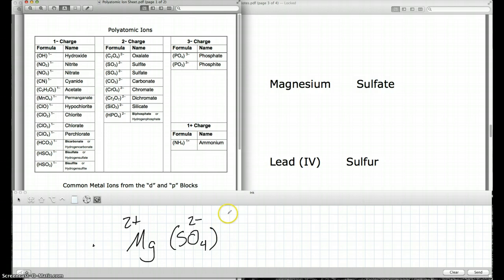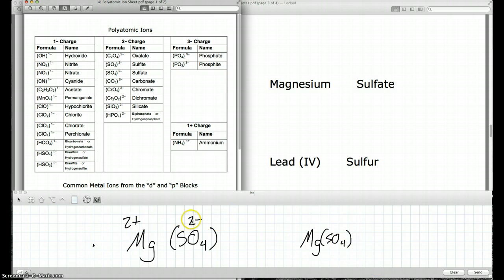Now, one thing we haven't talked about is when you have two numbers that add up to 0, you don't have to do the switch trick. So we have a +2 and a -2. If we add +2 and -2, those two combined add up to 0. So basically, all it means is we just write the two chemicals together. You don't have to worry about any little numbers because they kind of cancel each other